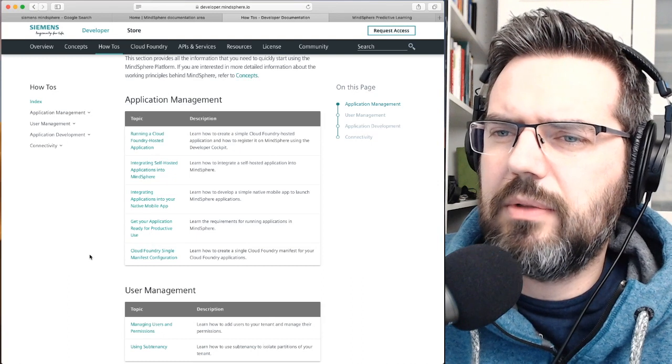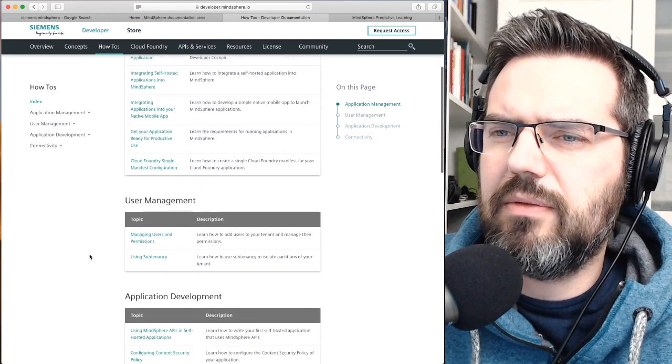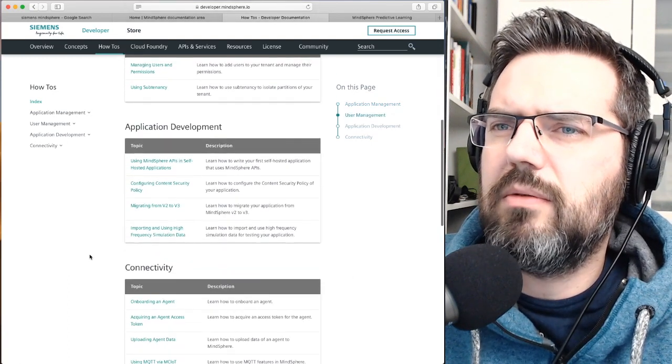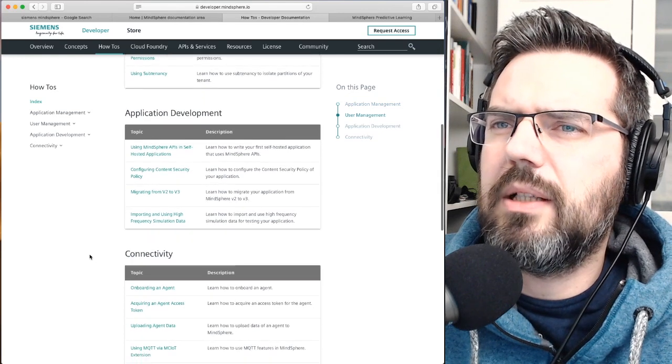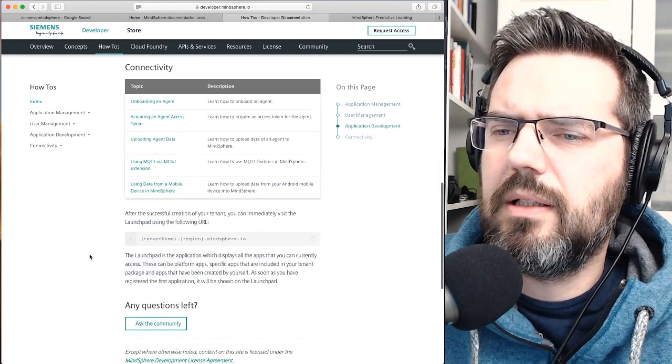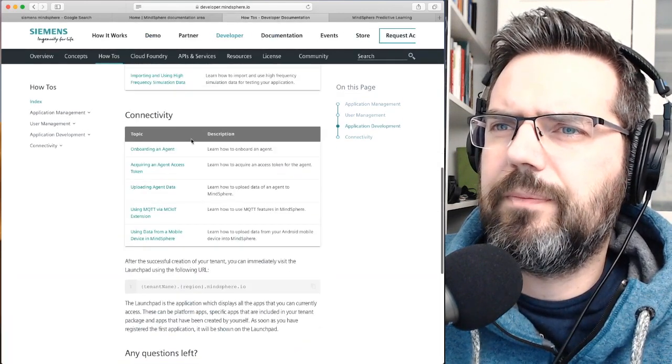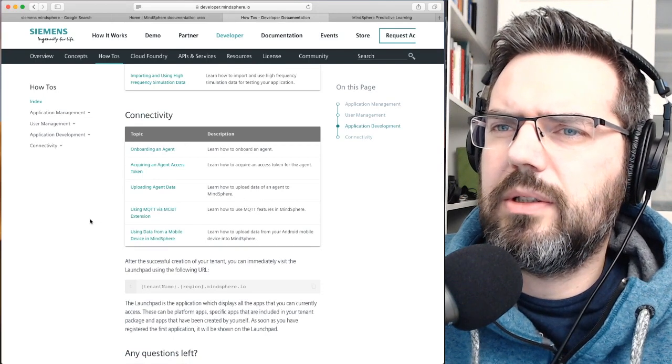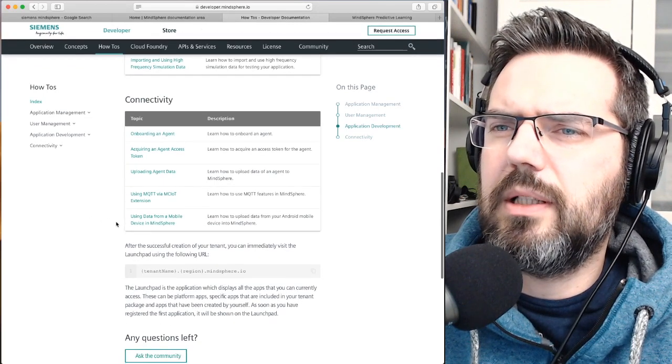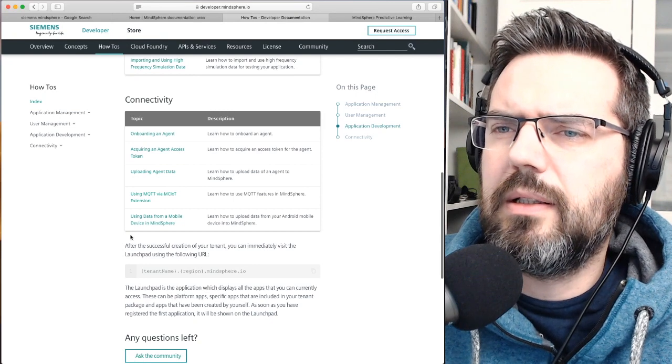Get your application ready for production. Use Cloud Foundry's single manifest configuration. User management, application development, connectivity. Onboarding agent, uploading agent data, MQTT.